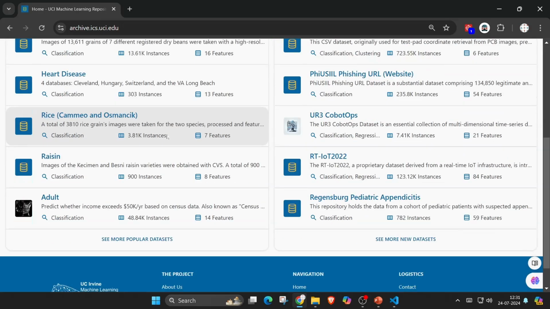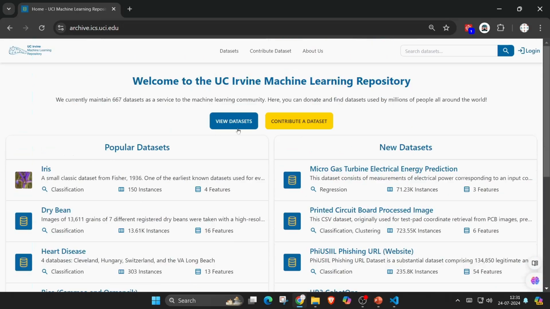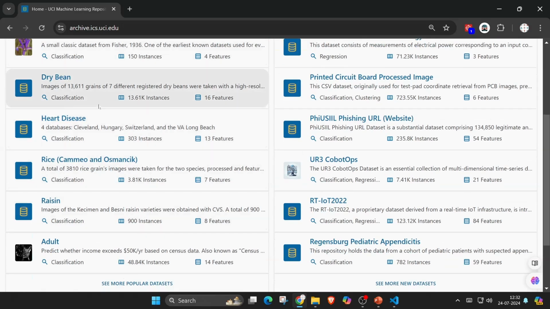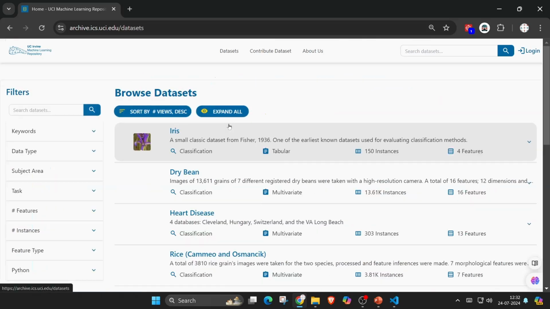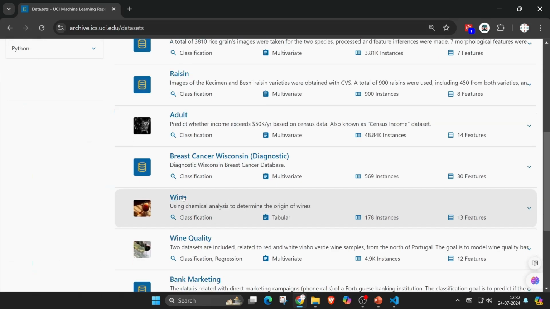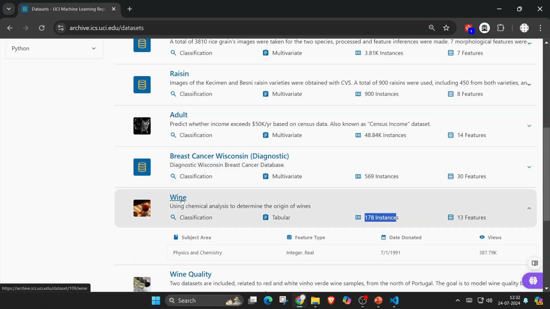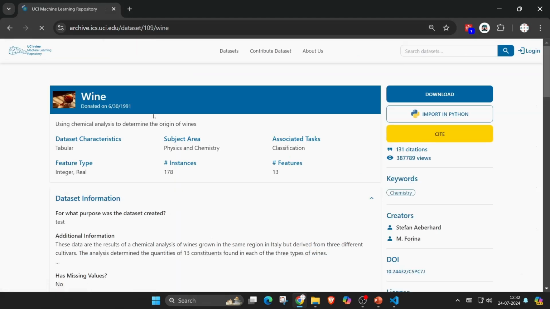Okay. So over here we have this homepage. Here we have datasets such as Iris. Iris is the most basic and most popular dataset for machine learning, which all of the beginners learn and work upon. And then we have all these other datasets. Now where I want you guys to go is into this view datasets. Go over here, you have this wine. Not this wine quality, you have this wine with 178 instances, and that's where I want you guys to head off.